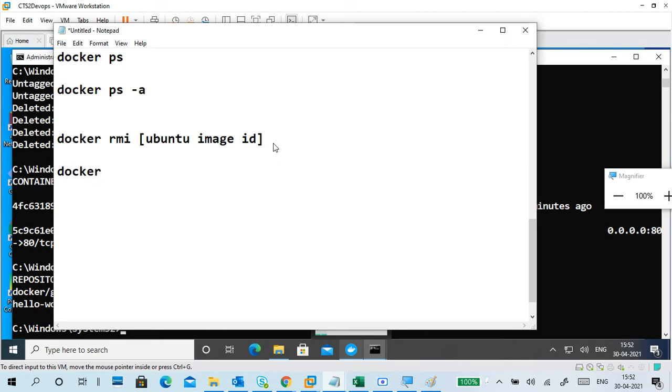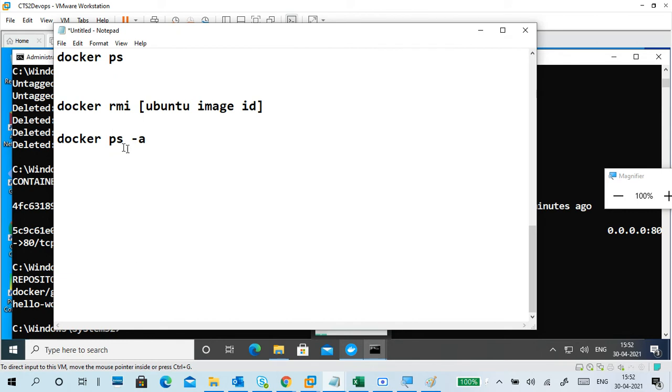Docker ps hyphen a. Then take the docker stop container ID.